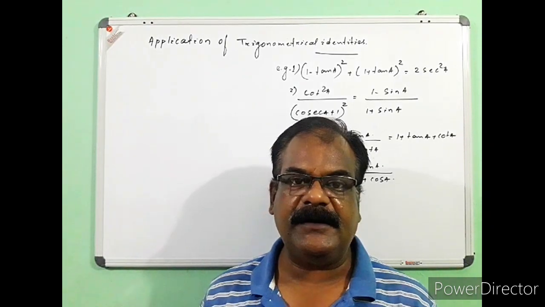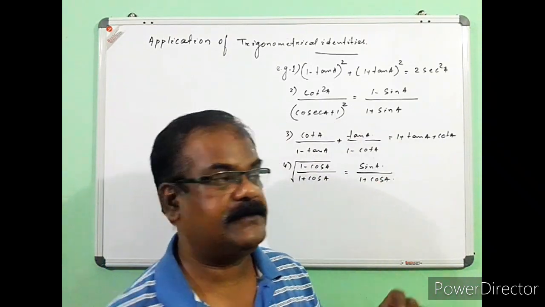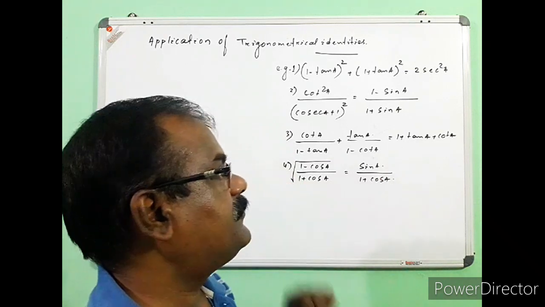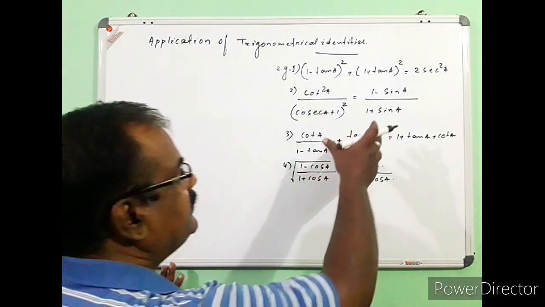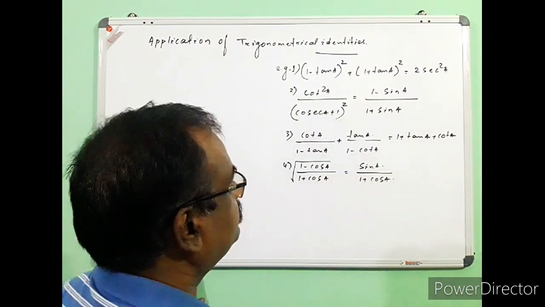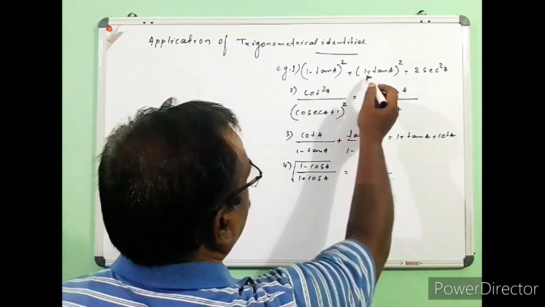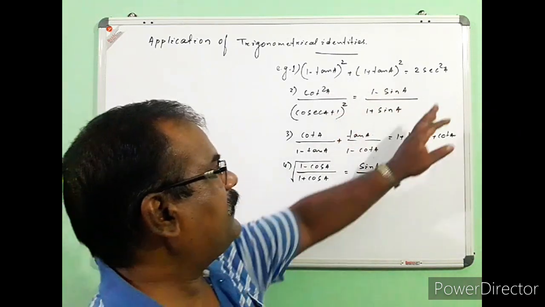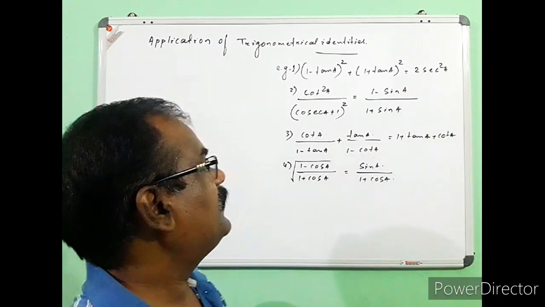It is more important to remember how we will analyze each side, or each of the terms. Now see these 4 examples. In the first example you can find that there are 2 terms on the left hand side, whereas on the right hand side we have only 1 term.